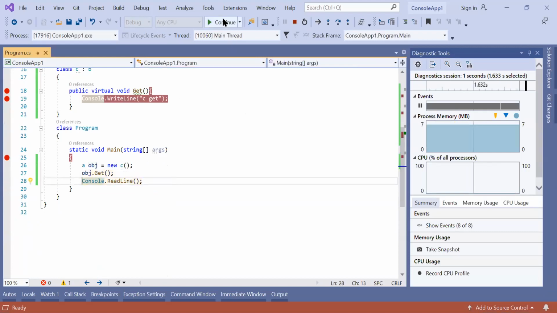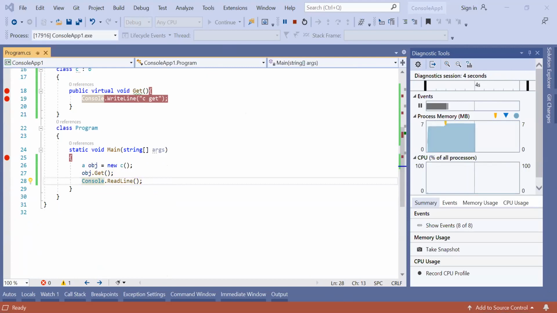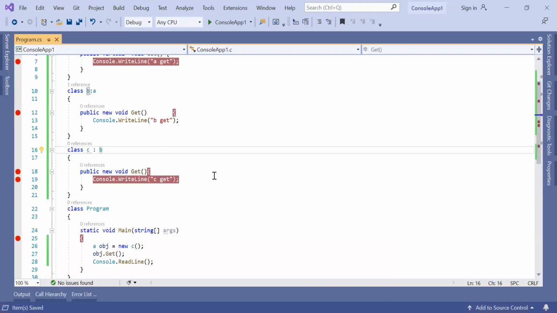So now it is printing A. Right? So let's have another question. Now what will happen? It will again print A, because here it is saying don't print me, here it is saying don't print me, right?